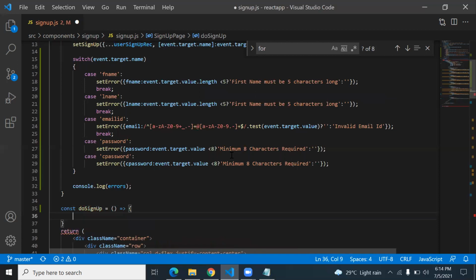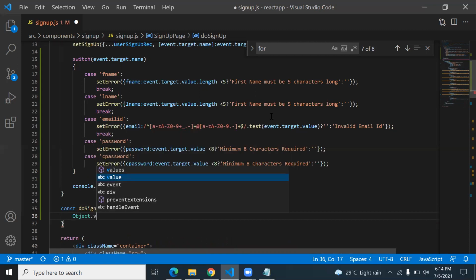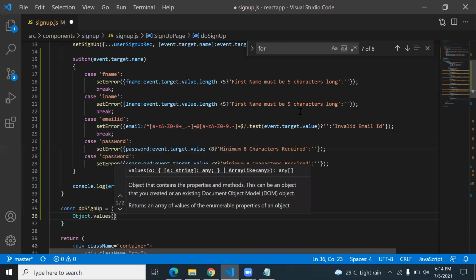Now you handle this doSignUp, but only if there are no errors. To check whether there are errors or not, how do you check it? You can write the logic: Object.values, in the bracket you pass errors.